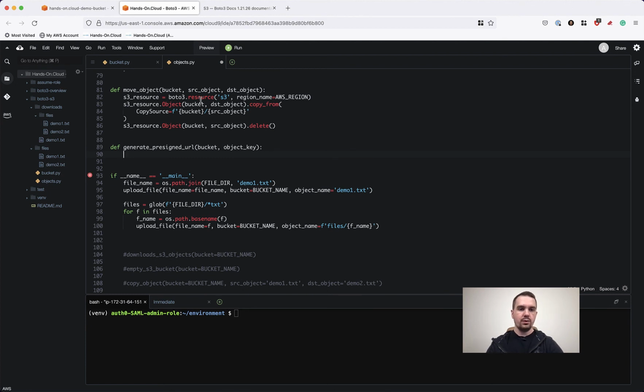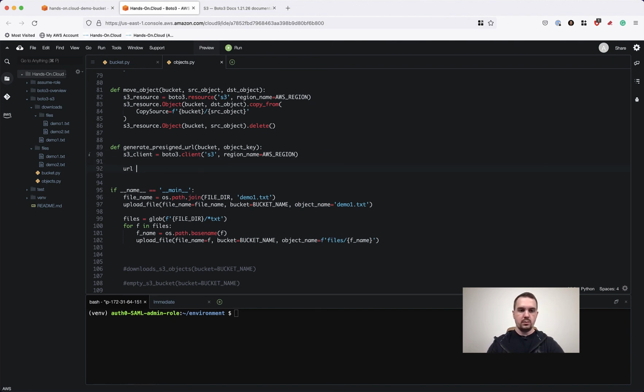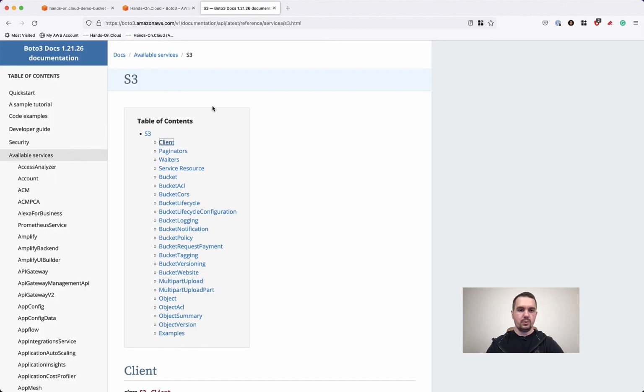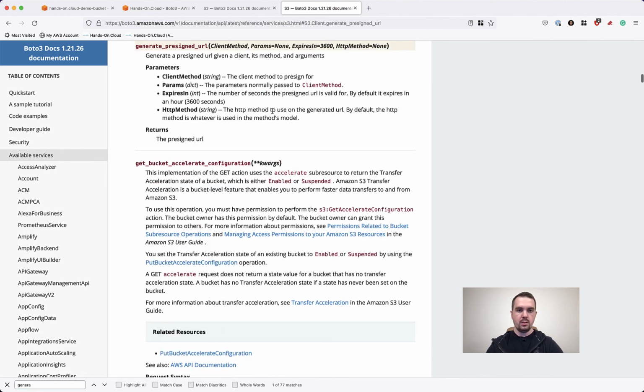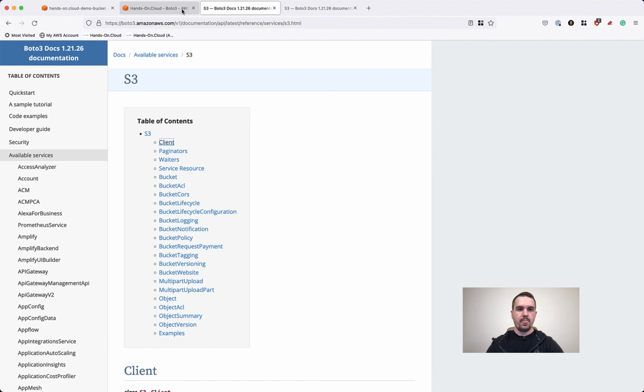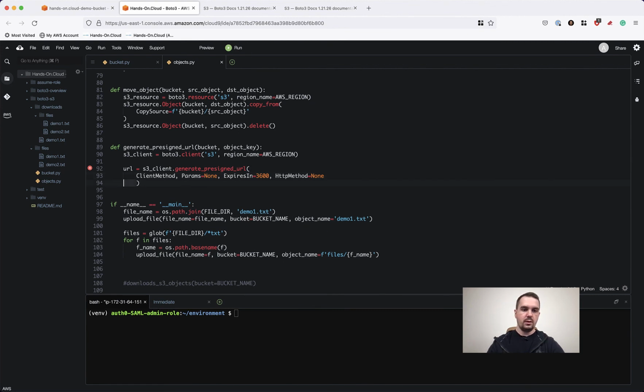Now, the boto3 resource does not allow us to generate pre-signed URLs. So instead of using the resource, we have to use client. Let's use the client for accessing S3, and now we can generate pre-signed URL. So let's create the URL where we will store this URL, and then we will use the client. Now let's go to the boto3 documentation, open the client section, and find this generate pre-signed URL method. So let's copy paste the method definition, paste it over here,